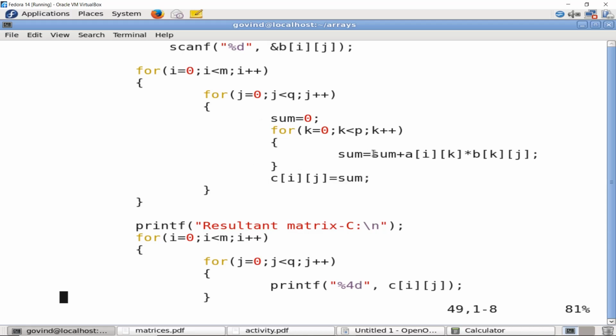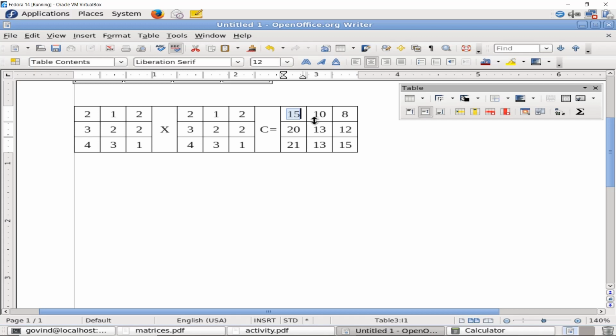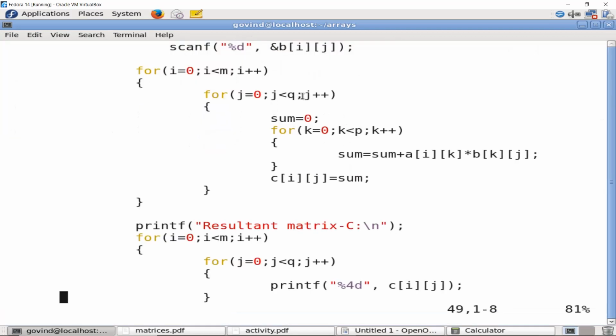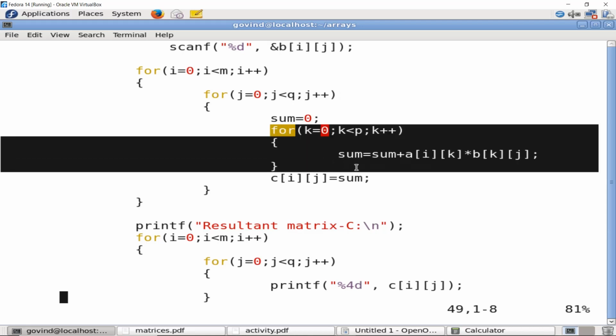Next, I have to find the multiplication of the next element, which is in this case 10. So I need to select the first row and second column. So j would be incremented, pointing to the second column, and I do the same thing, element-wise multiplication or sum of products, and store it over here.